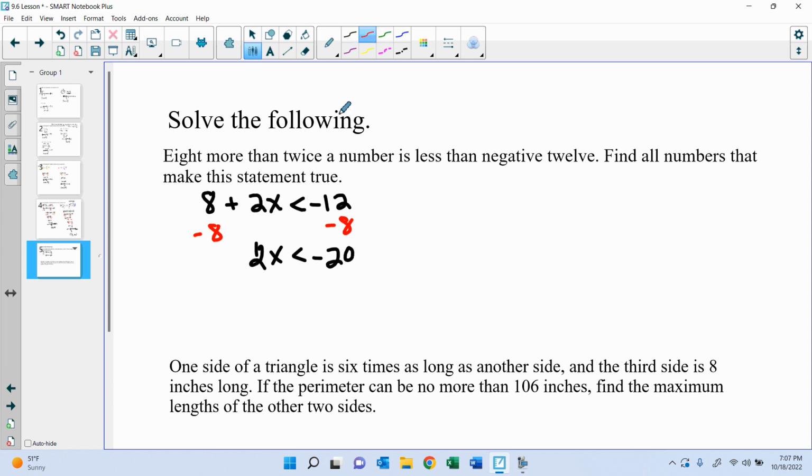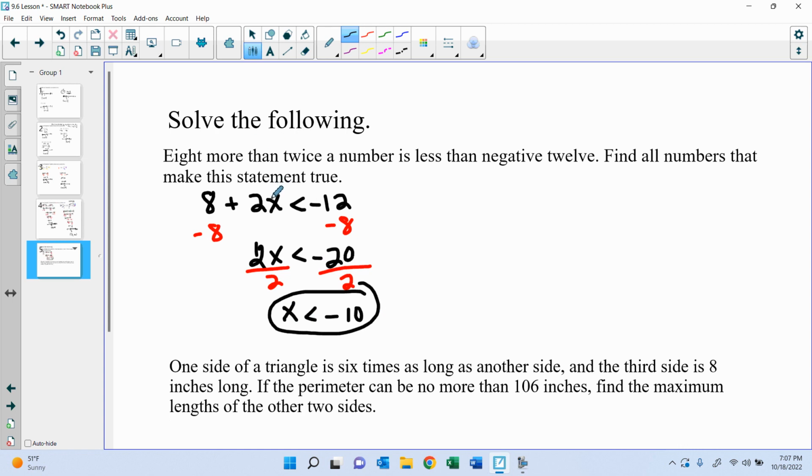And then you're going to divide by 2. And you're going to get an answer of x is less than negative 10. And we could just stop there and give this answer because that's what it asked for. Find all numbers that make this true. X represented the number. So any number that's less than negative 10, if you were to plug it in here,